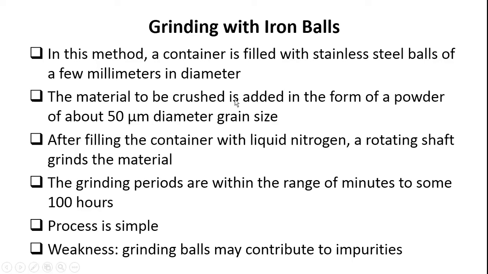The material to be crushed is added. That is, the material to be crushed means the material of which the nanoparticles are to be formed. It is added in the form of a powder of about 550 micrometer diameter grain. Actually, the material whose nanoparticle is to be produced is of the size of about 550 micrometer diameter in grain size, and that is crushed in this particular